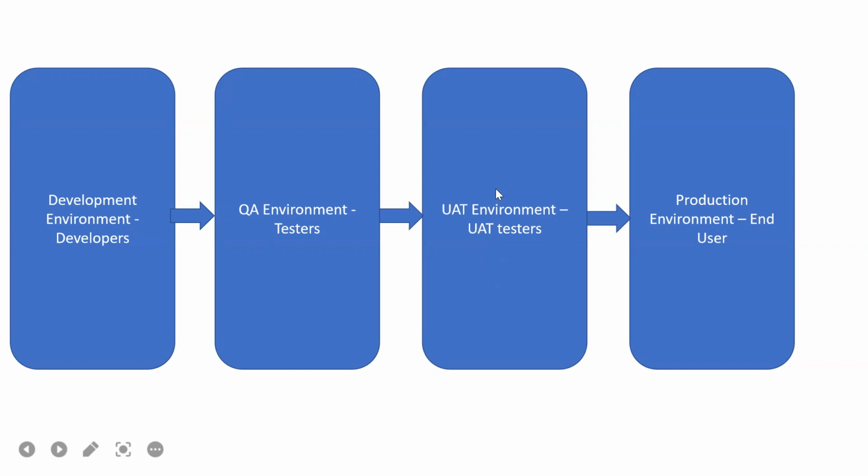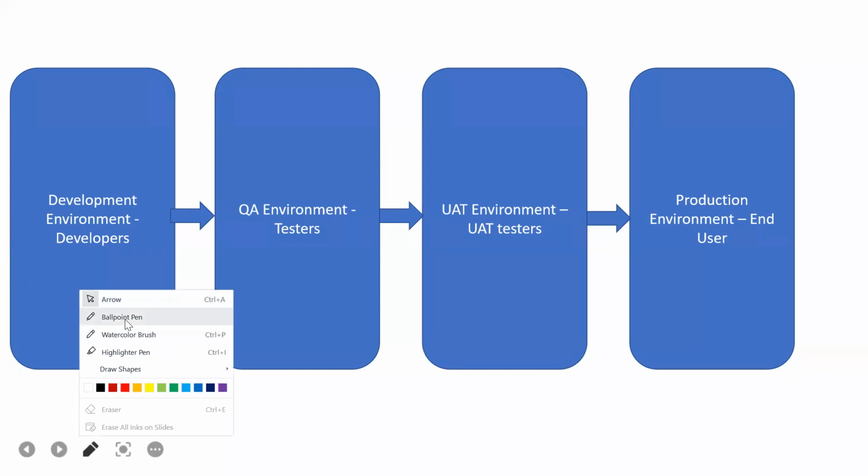Before giving the complete application to production, a few end users will be testing on a sample production environment, which is called the UAT environment. So an environment setup needs to be done for this also, and then we'll have a production environment. Here, as a developer, what will happen is like,